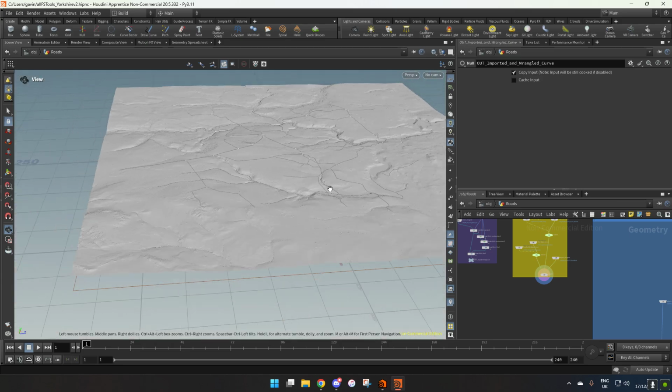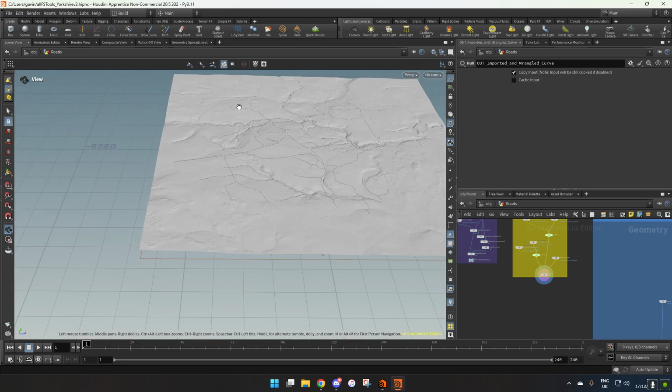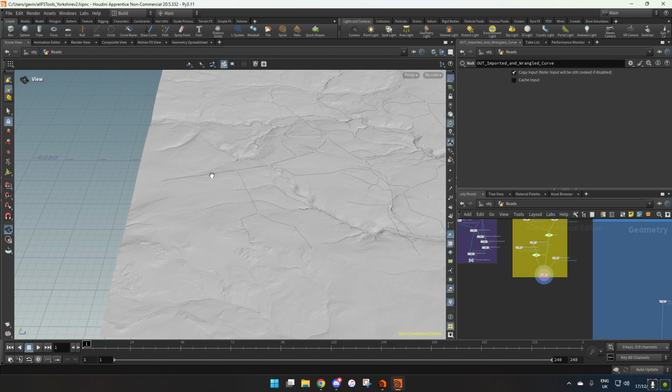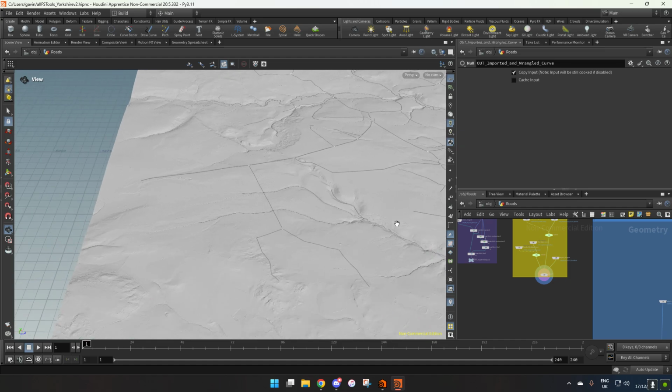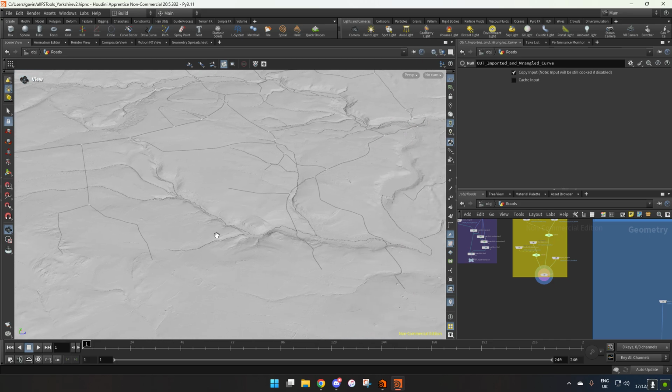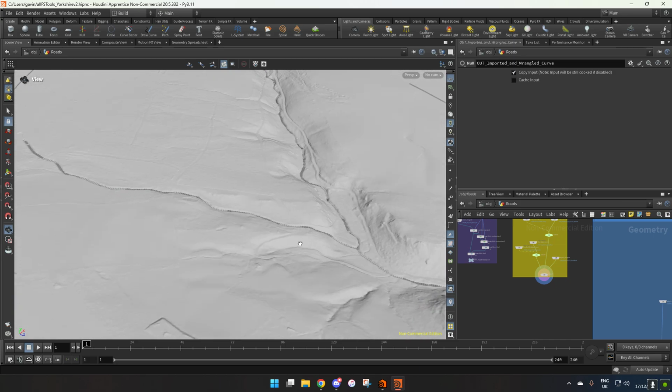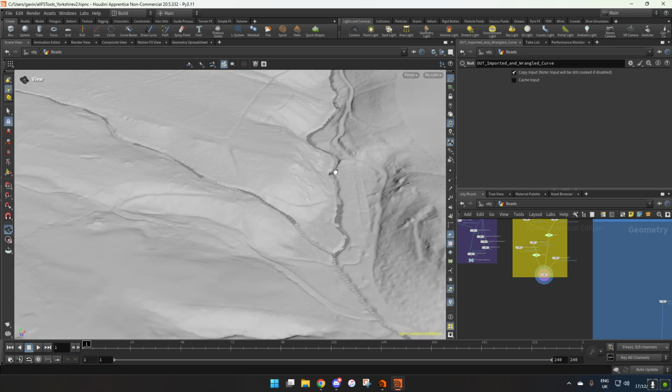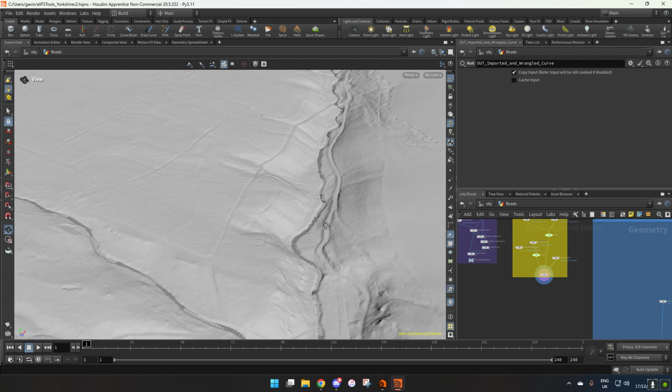So this at the minute is all of my playable area plus my border terrain, and you can see where the roads kind of bleed into the borders, which is kind of useful because you want your borders to be almost indistinguishable from the playable area if you can manage it. And here you've got your river, and you can see it's carved its way through the